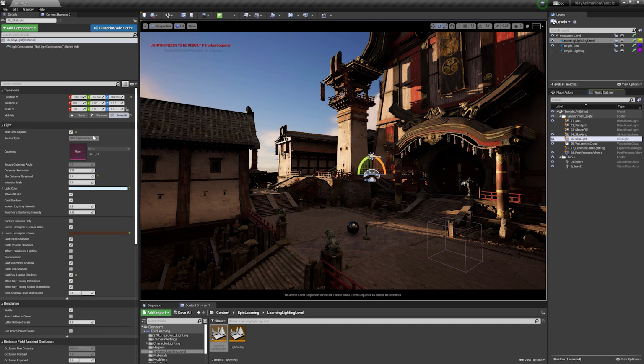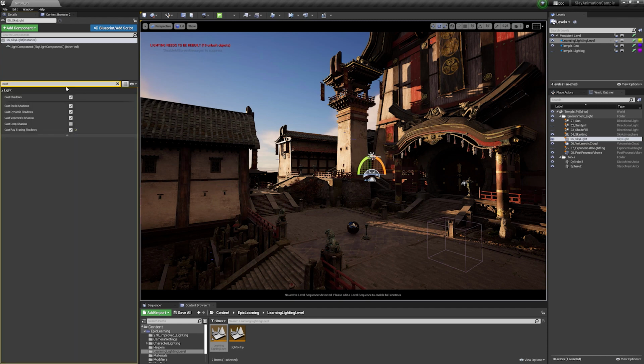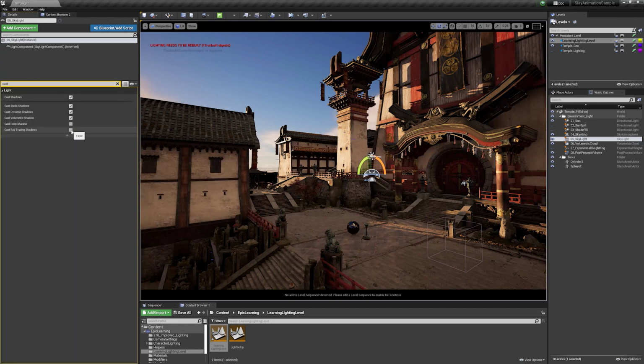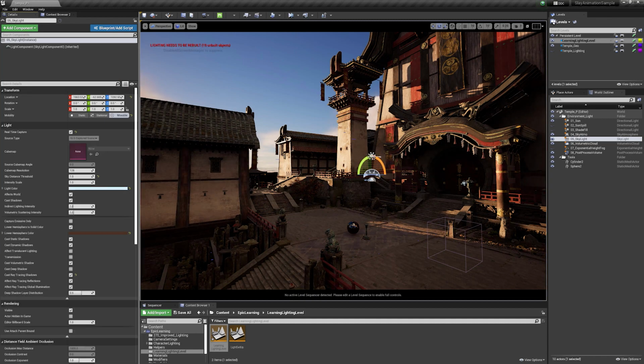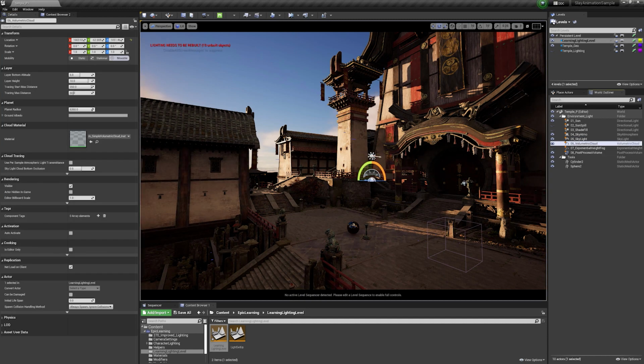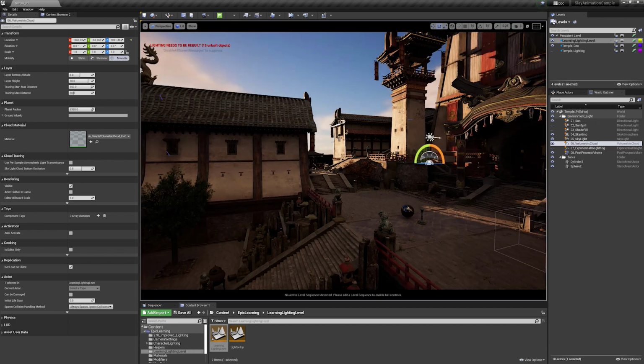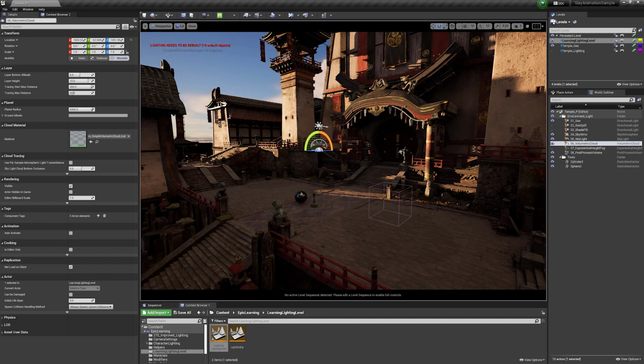With our skylight, we've enabled real-time capture. So if this is not enabled by default on yours, you want to go in and select it, and you can see the contribution that's happening when you make that selection. We've also made sure that we're in fully movable for ray traced, and typed in cast so that we can make sure that we have cast ray tracing shadows enabled. With our volumetric clouds, everything at the moment is set at default. So far, so good. It looks like we're in good shape.